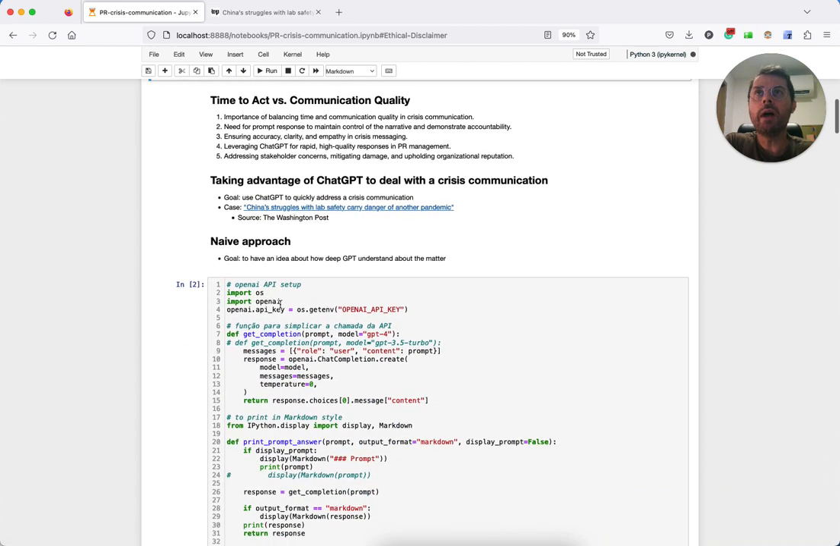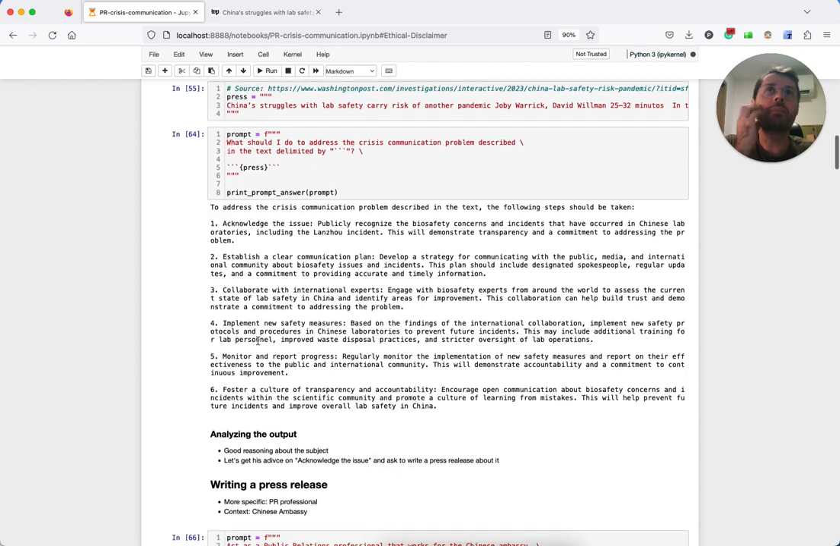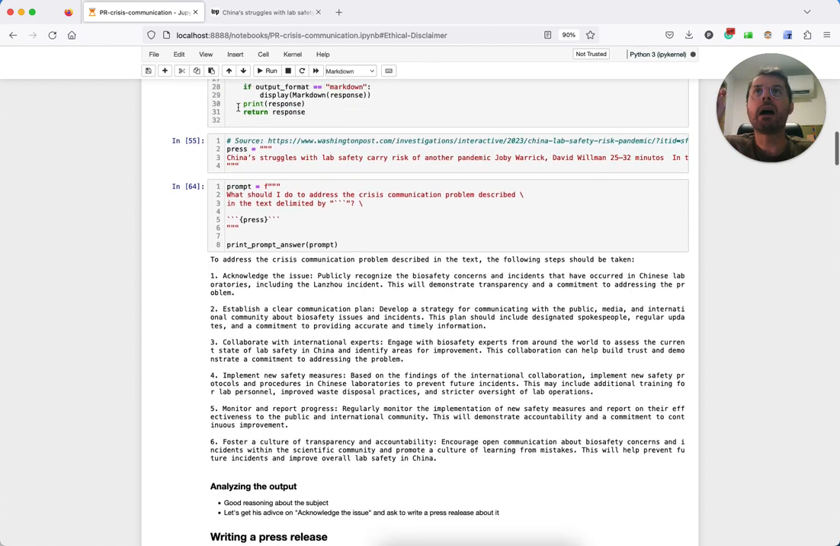So, when we have a crisis communication, we'd like to act quickly, but we wouldn't like to jeopardize the quality of the communication. So, how can you take advantage of ChatGPT to deal with this situation? Let's get first a simple and naive approach and ask ChatGPT to reason on the problem. Okay, so the prompt is first of all,